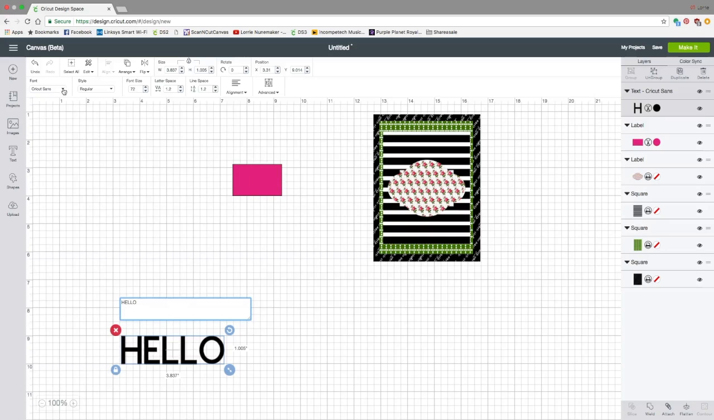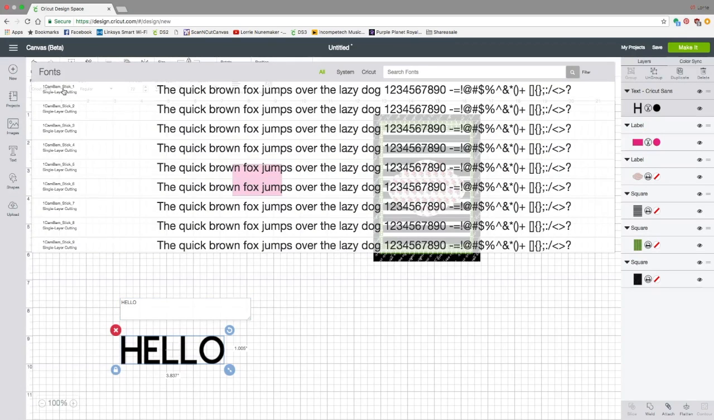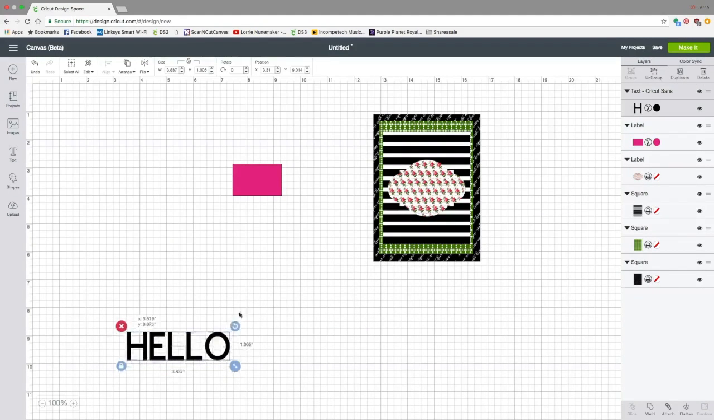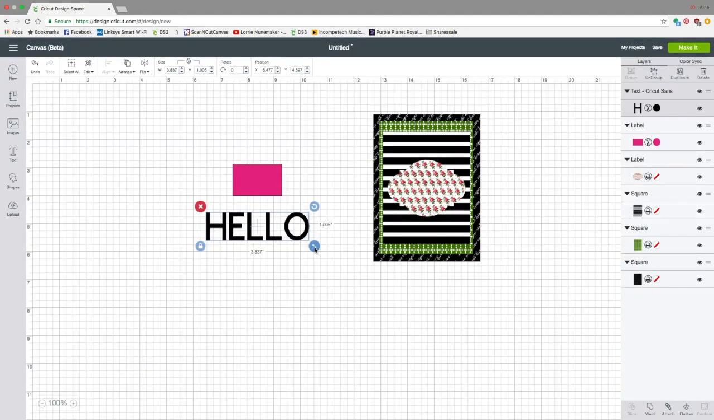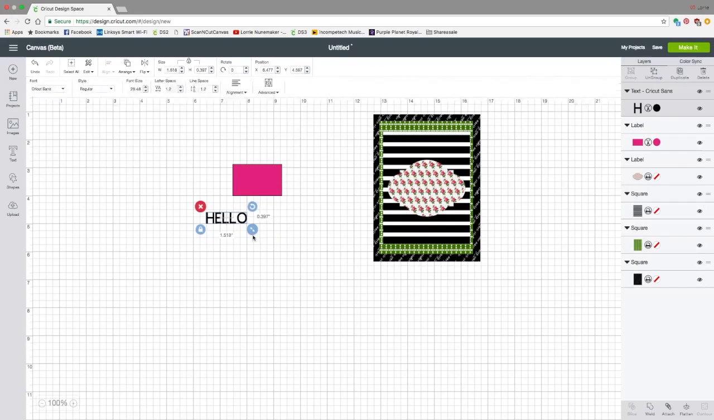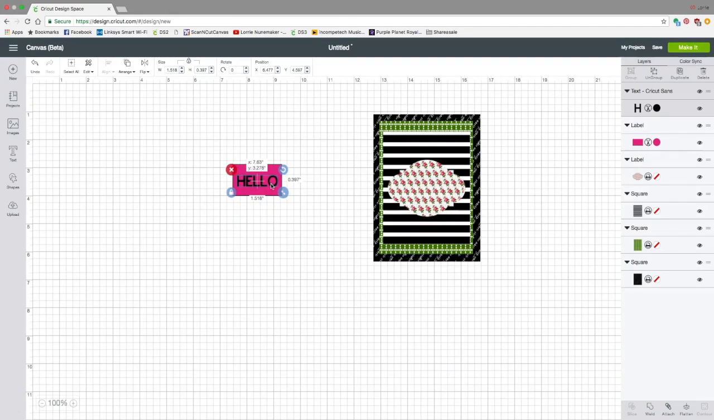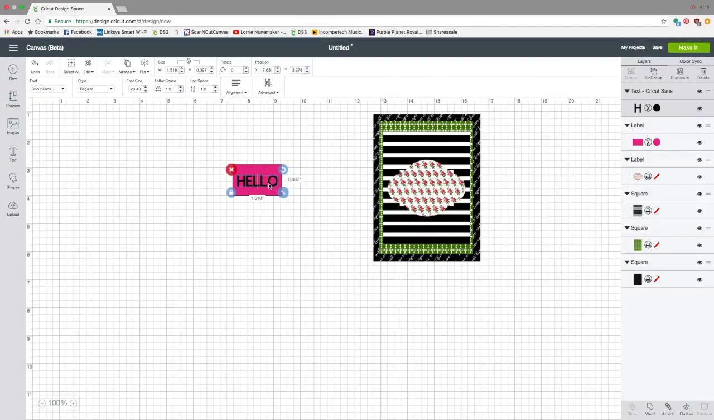That's perfect. I have the Cricut Sans font chosen. If you want to change it, click right there and change it. I like that font, so I'm going to leave it. But obviously it's not going to fit on my label right there, so I'm going to size it down a little bit. And mine is sized at, we could just make it an even 1.5, but mine's 1.518 by 0.397. All right, it looks great,